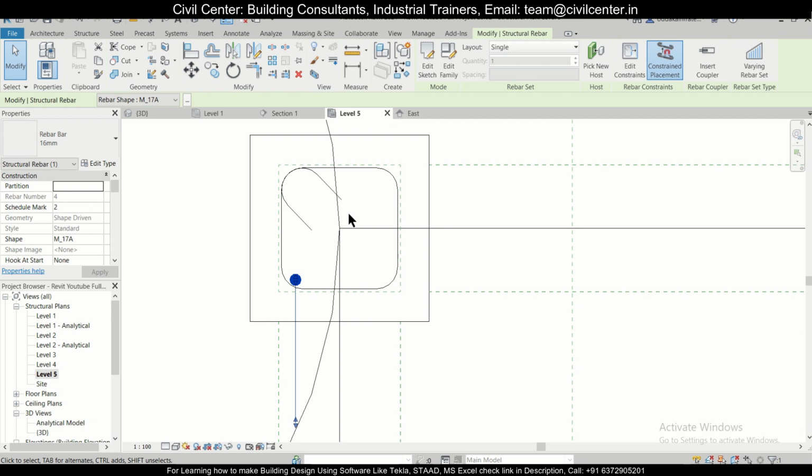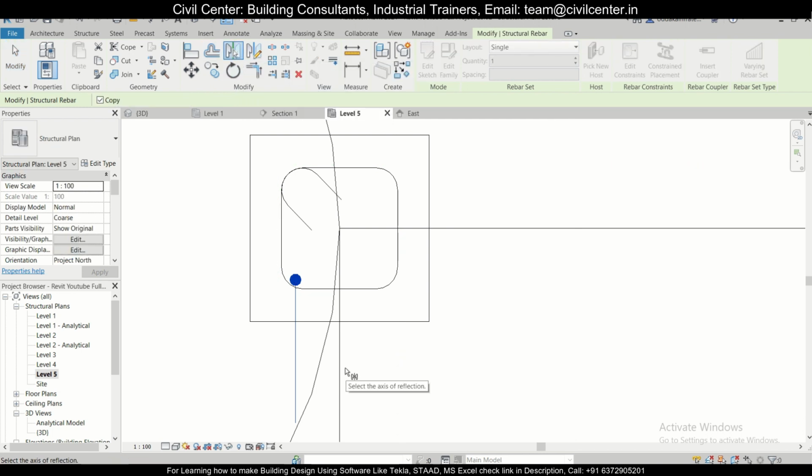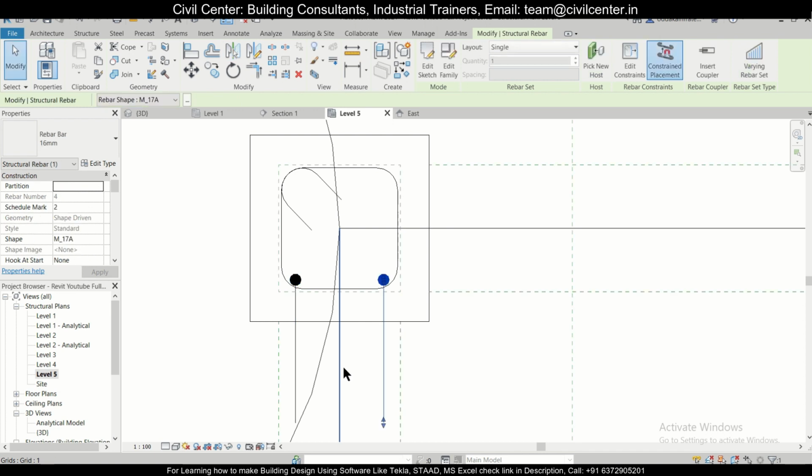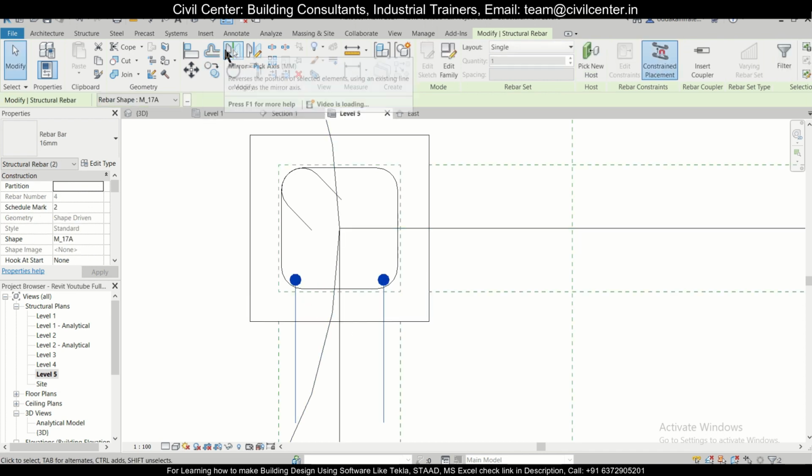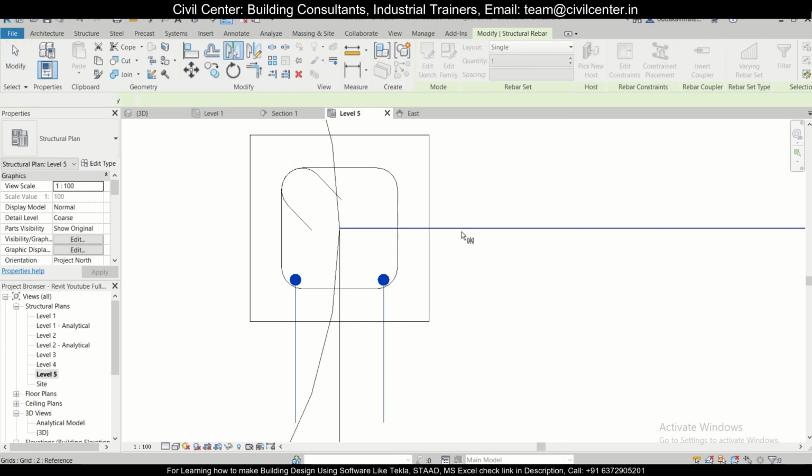Here it's good, and you can use the option of mirror. By the way, I'm moving this with the help of my cursor, using the up, down, left, and right buttons on my keyboard. And here we have this mirror option, pick axis. Picking this axis again, select these two by pressing Ctrl, and then mirror, pick axis, same option.